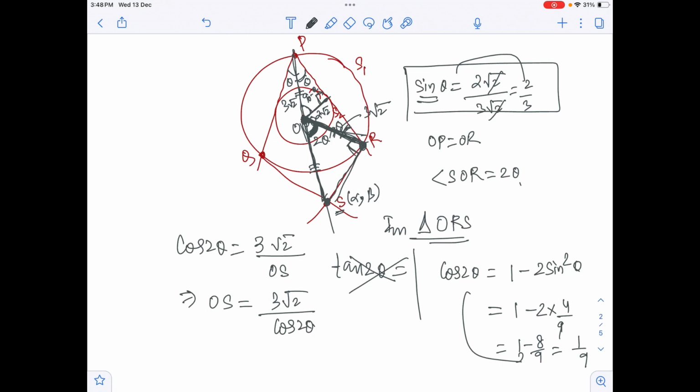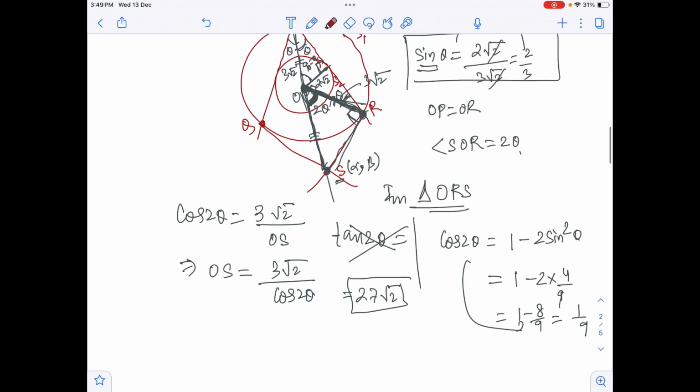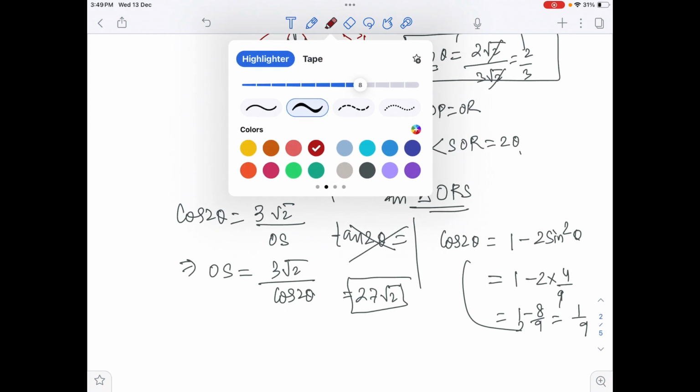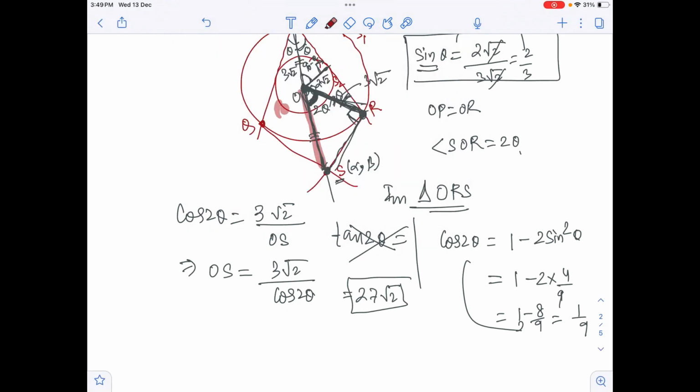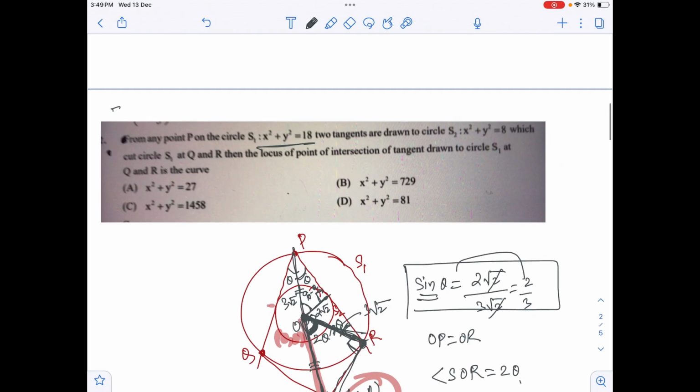So cos 2 theta value is 1 by 9. That will give you 27 root 2 as the value for OS. Now once OS is 27 root 2, the question is done, because O is a fixed point (0, 0), and S is (alpha, beta). So from here we can easily see that distance OS is 27 root 2, which implies alpha square plus beta square is 27 square into 2, and that gives you